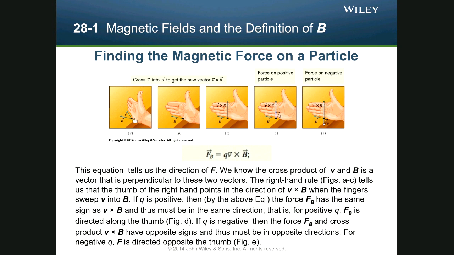But notice we have a hand here, and we first start with B. So if you want, put your hand near your screen. And then you want to close your hand towards that vector B. And then you stick your thumb up. That direction of your thumb gives you the direction of v cross B. Okay? So you got v, B, v cross B. All right? Now,